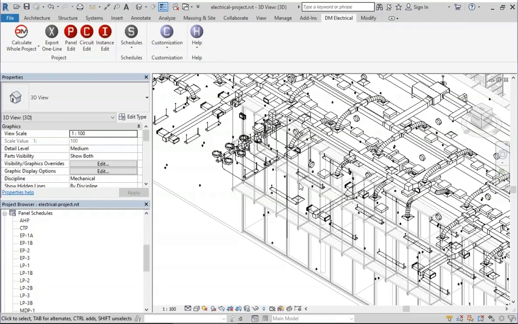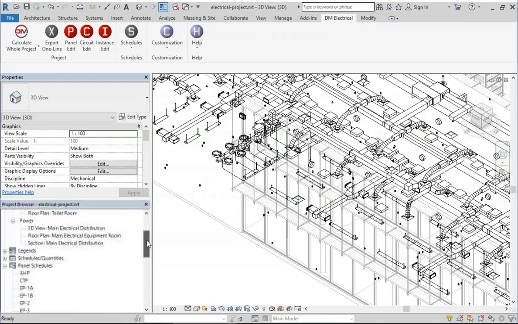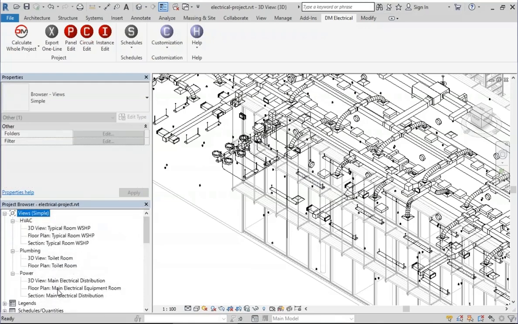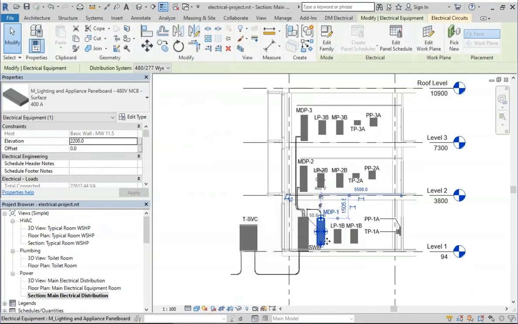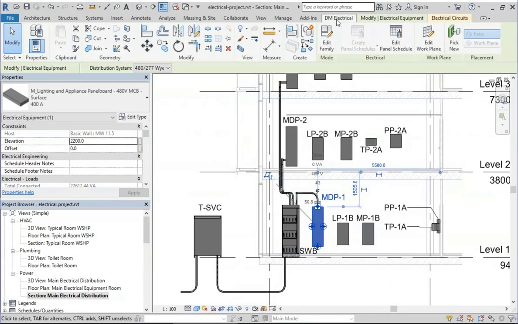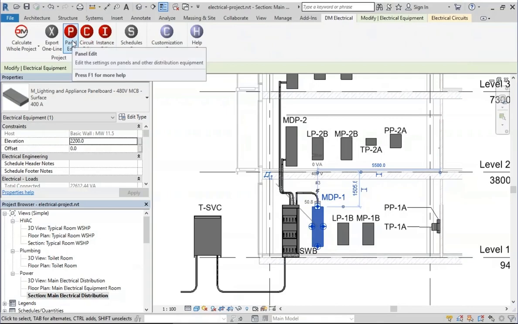That's for descriptions of what we consider branch circuit devices: receptacles, equipment connections, light fixtures, things like that. We also have what we consider distribution equipment, panels and transformers, things of that nature, and they're handled a little bit differently. So if we go take a look at a panel, I'll pull up my view that has a panel here, and we will go take this MDP1, and if we run the panel edit command,